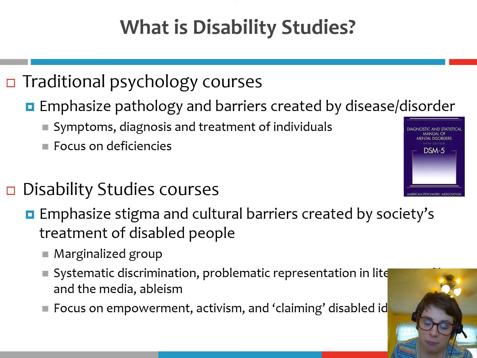Or that a deaf person is deficient in audio perception, or a depressed person is deficient in serotonin. Instead, disability studies focuses on what they perceive to be the most significant barrier confronting individuals with physical disabilities